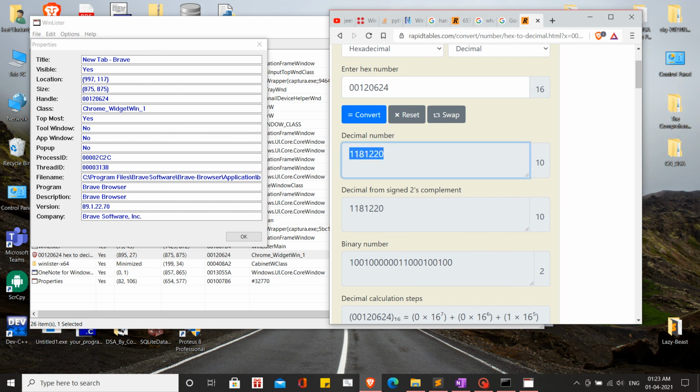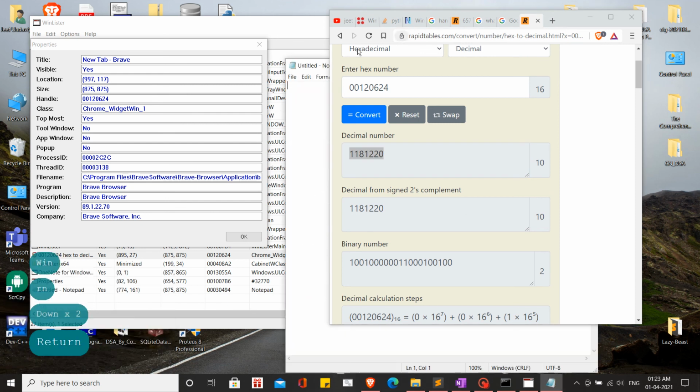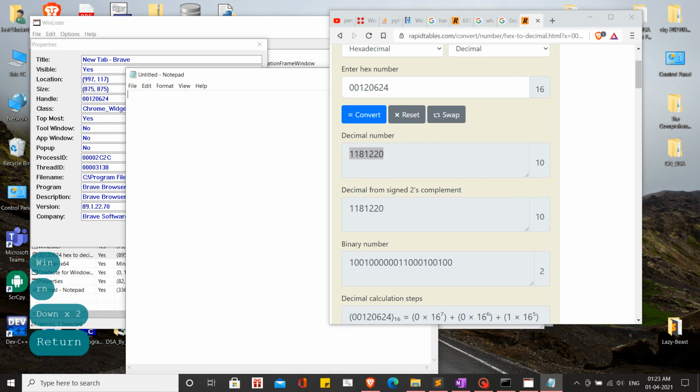For now I just want you to remember this decimal number. I'm typing in Notepad and copying this number over here. This is the conversion from hexadecimal to decimal.